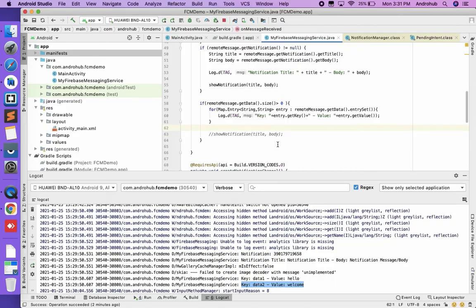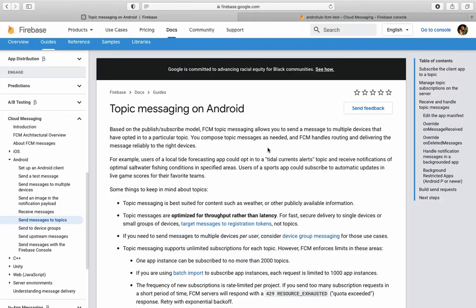Okay, so in this way you can send the notification payload and data payload, and you can consume the notification on your device. We are going to learn how to send the topic message to the Android device. So what are topics basically and where exactly we need to use them. Topics are based on the subscription and unsubscription model, where a device can subscribe to the topic and unsubscribe from the topic whenever it is required, and you can send the notification to multiple devices by using the topics. So in which cases should you use them?